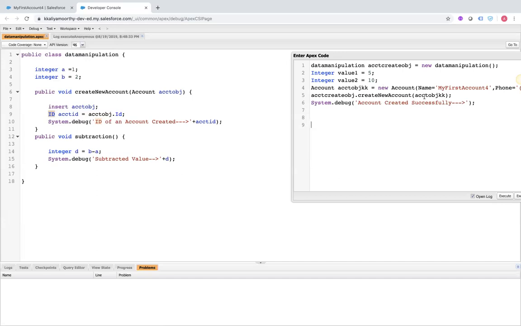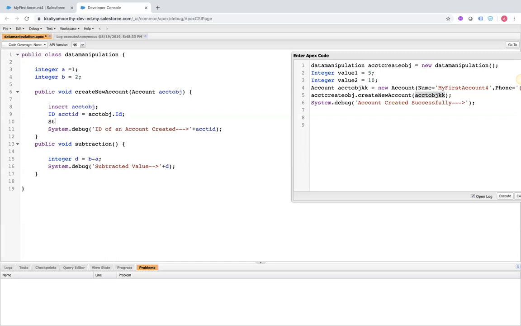And then I'm sending the object to this method to insert, and this is inserting it. And then, like integer, I have another data type called ID. Whatever it's inserted, I'm getting the dot ID, I'm printing it. You can print any field. Like for example, inserted object, right? If you want to